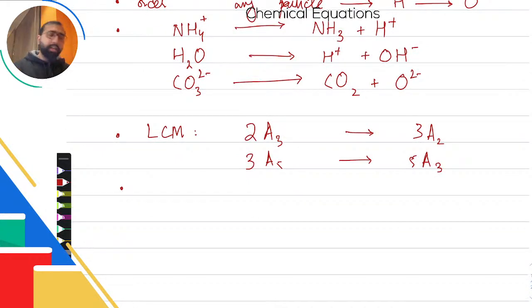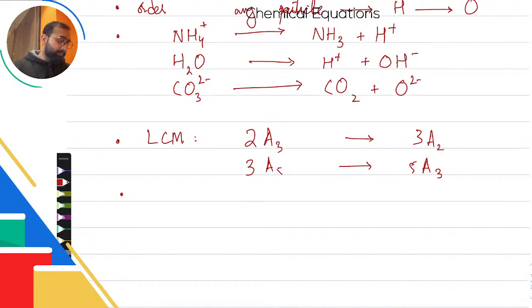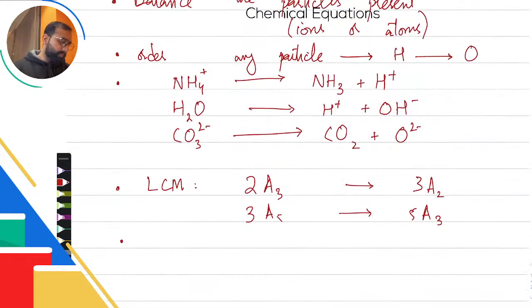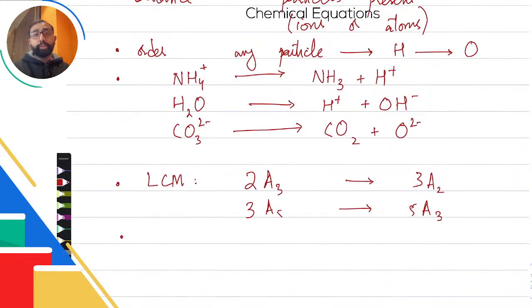And lastly, another method that I've picked up over the years is that if you ever have ratios that are in fractions, then let the balancing factor be in fractions.